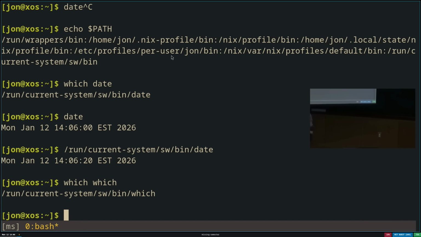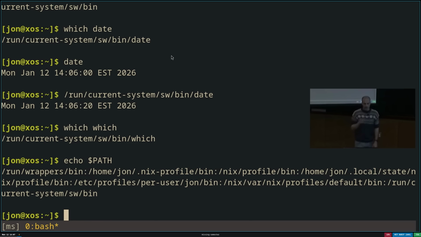Okay, so when you type it non-completely, it searches in the parents of your current directory? No, it searches in the folders listed in my path. The path variable is a special variable that's known by my shell, and it will search through these directories in order for the program by the name that I gave. If you have multiple programs of the same name in more than one folder that's in the path, how does it choose which one to run?